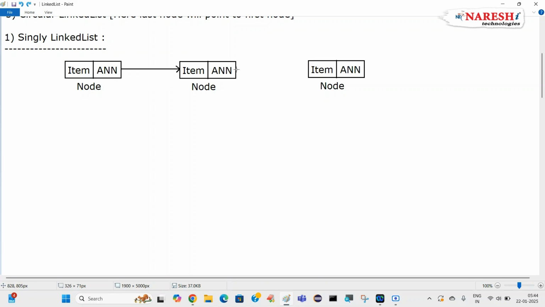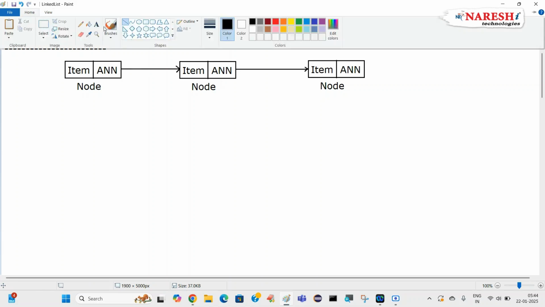Okay. Here also it will hold the address of the next node. This is your tail node. This is your head node, tail node. This is how a singly linked list is working. It will move in one direction only. Now, if I talk about the doubly linked list,